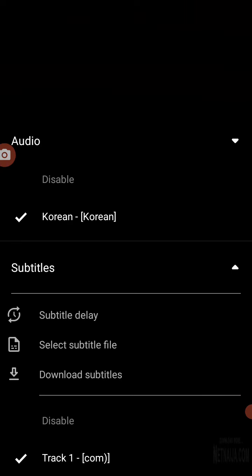This is what you need to do. The first one on your left hand corner, that looks like a white envelope, you click on that. Once you click on it, you can see audio, subtitle. So just scroll down from this arrow down, you can see select subtitle file. So you click on select subtitle file. See the subtitle files you have on your phone. These are the 3. So all you need to do is pick the third one.